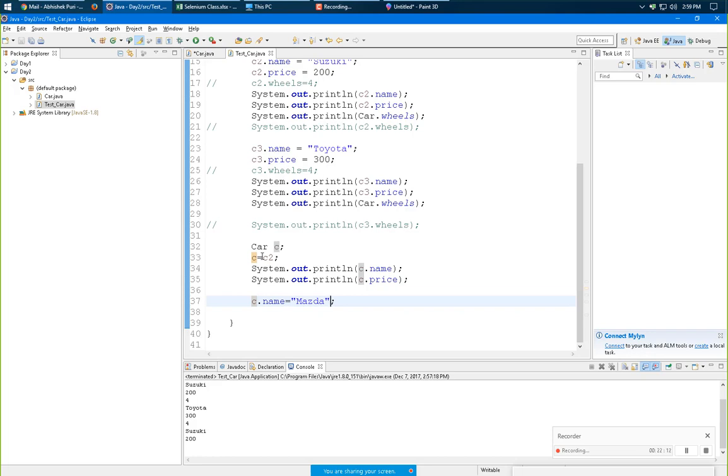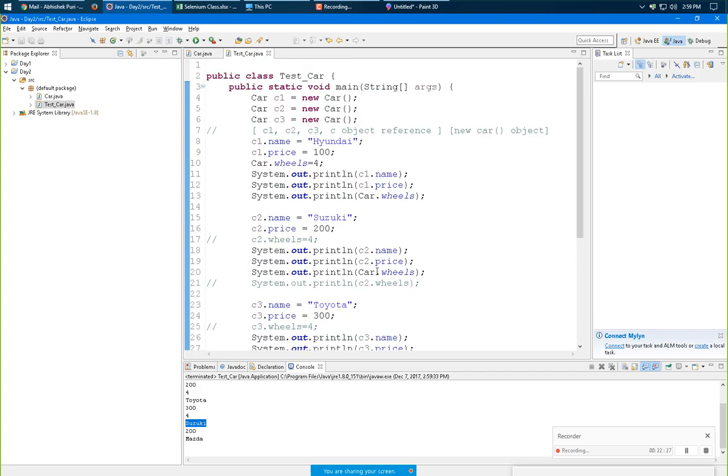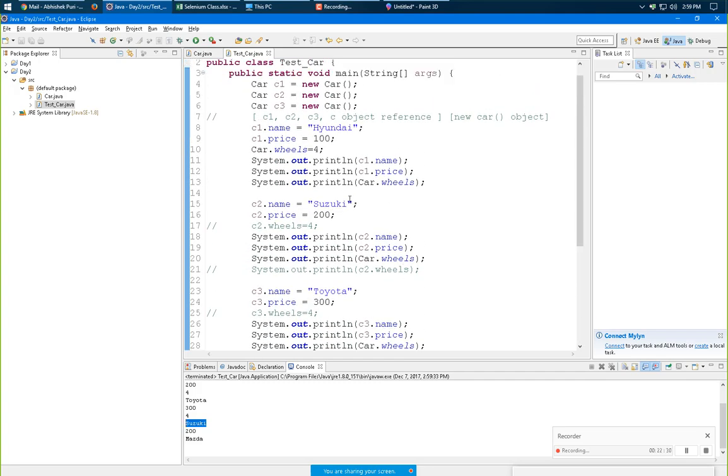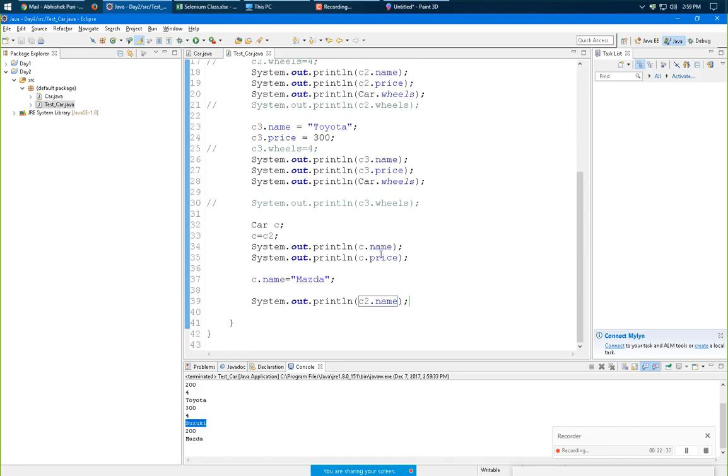So if I print C2.name here, it will return Mazda now. Earlier it was Suzuki, I gave C2 Suzuki. As they both are sharing the same object, the name has been changed to Mazda because I changed the name in the C reference.